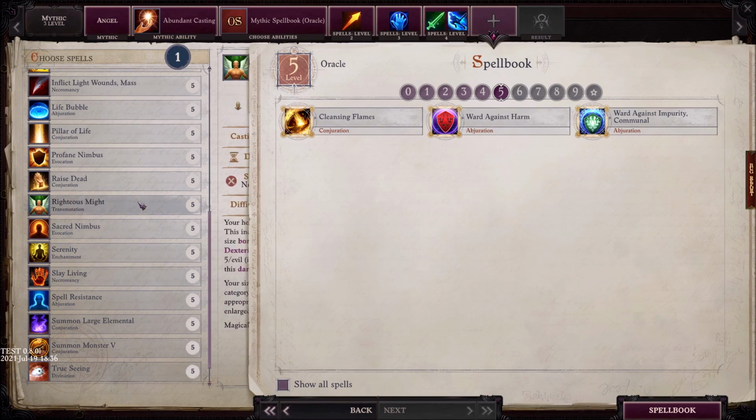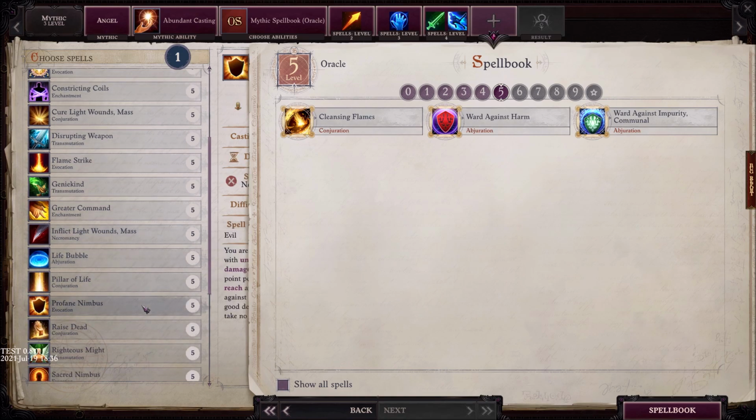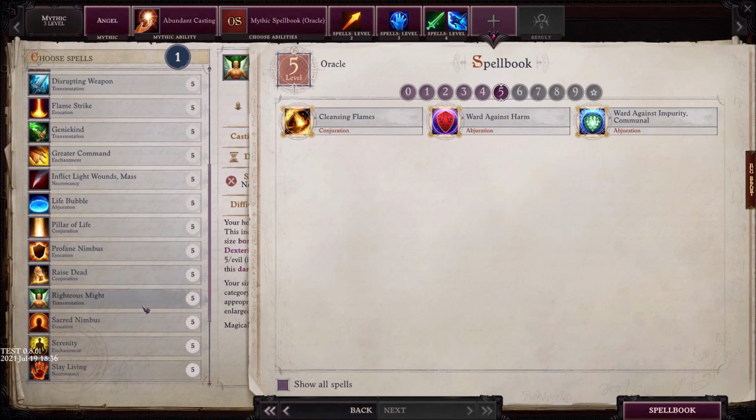Righteous Might's going to show up. So is Mass Cure Light Wounds. So is Breath of Life, which is right up here. So again, we're getting a lot of free stuff anyway. Some that are kind of redundant and not necessary, but again, we'll happily take them. But what we're going to replace